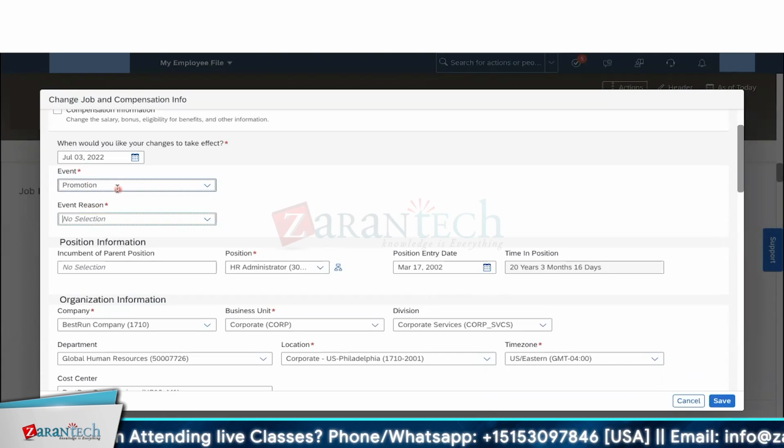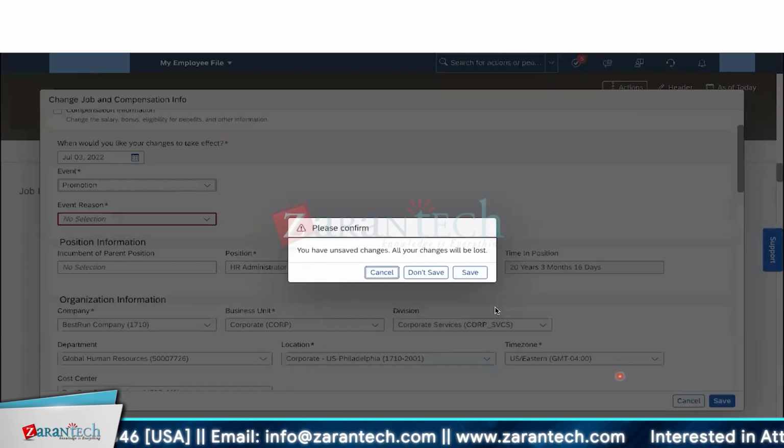on this employee record. He joined in the year 2008. In 2010 he got a promotion. In 2011 he got a transfer. In 2015 he was suspended for 2 months. Like that, just by looking at the event and event reasons, you will be able to identify what has actually